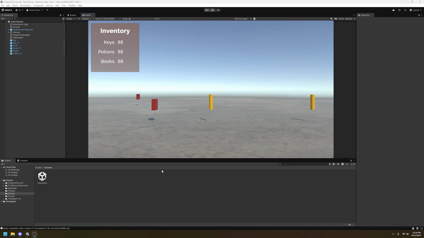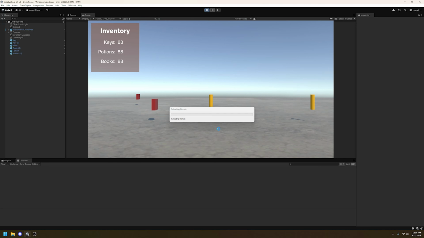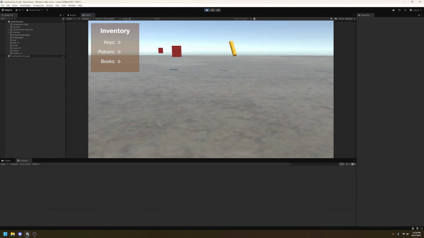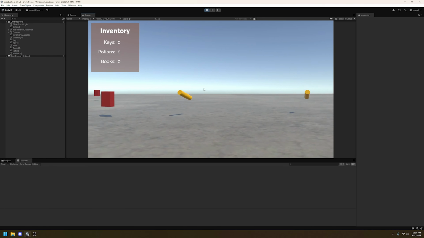So the first thing before you do a build is you do need to make sure that you don't have any errors going on in your console. So we don't see any of the red stop signs. Yellow is usually fine. That's not a big deal, but you do want to double check that you can play your game and you don't have any basically coding errors is what would cause those. So once you're good to go,